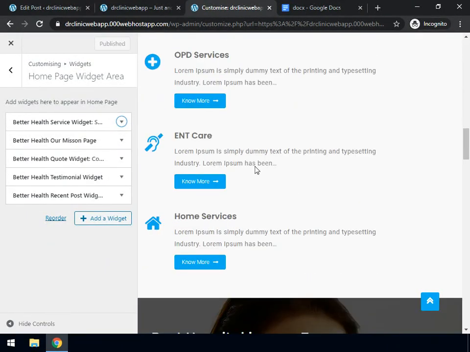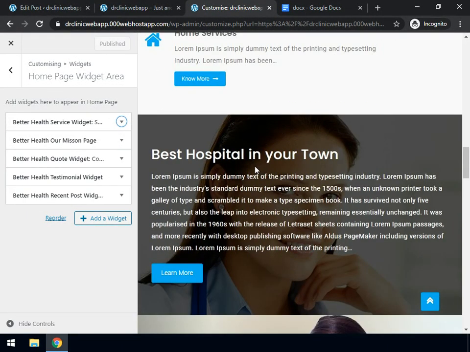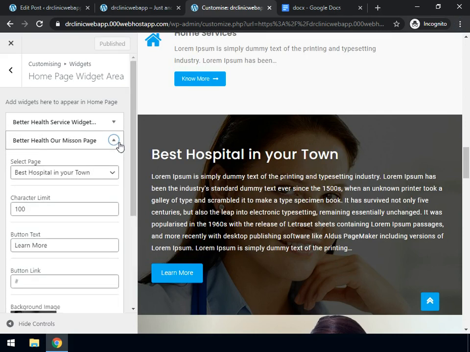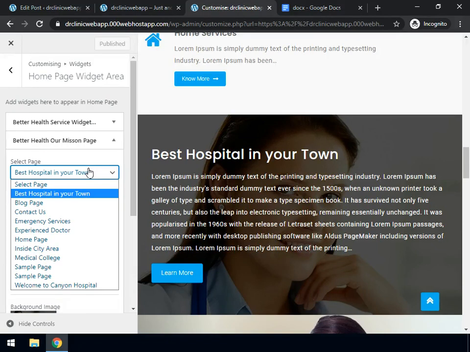So let's scroll down our website a bit. So now here you can see it says best hospital in your town. So it's the our mission page widget area. So basically this section represents this widget. So now we'll be modifying it. So here it is asking you to select a page. So you can select any one of them if you like, but this one was a default, so I leave